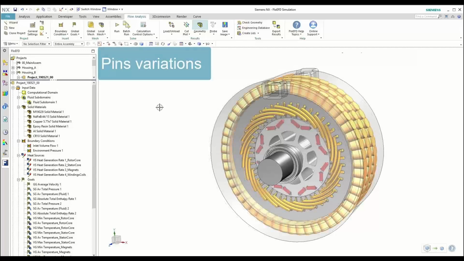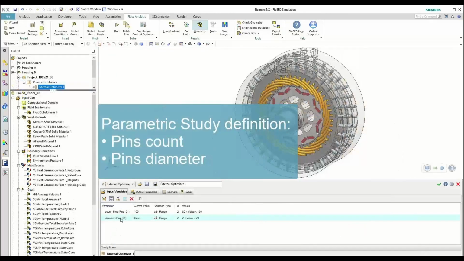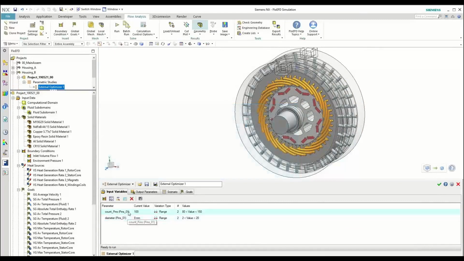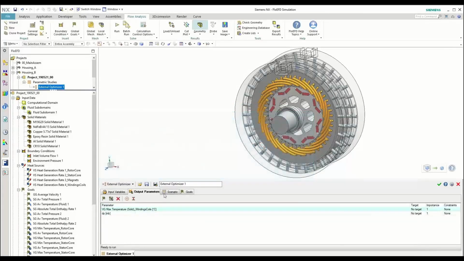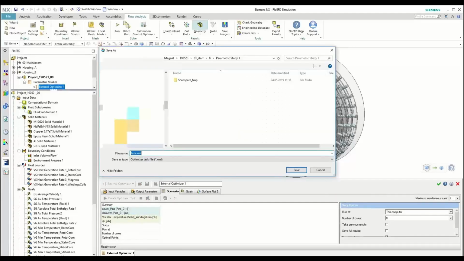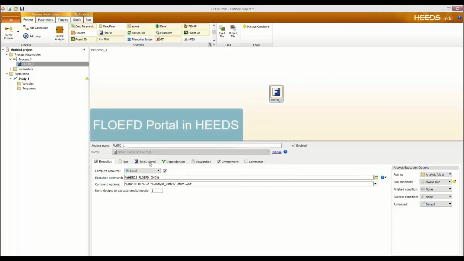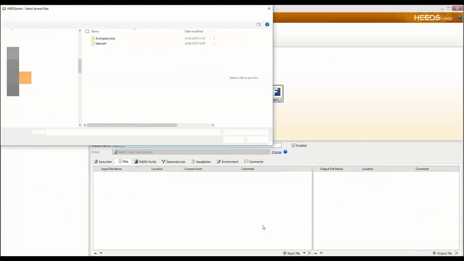And what we're doing in this model, for example, is optimizing the pins in the cooling techniques, the pin count and the pin diameter, how they look and how many there are in the design, to essentially meet the objectives. So we're going to set up the same optimizer that we used to generate the electromagnetic analysis and to study the 1,500 designs. The same optimizer, we're going to use it to minimize the temperature.